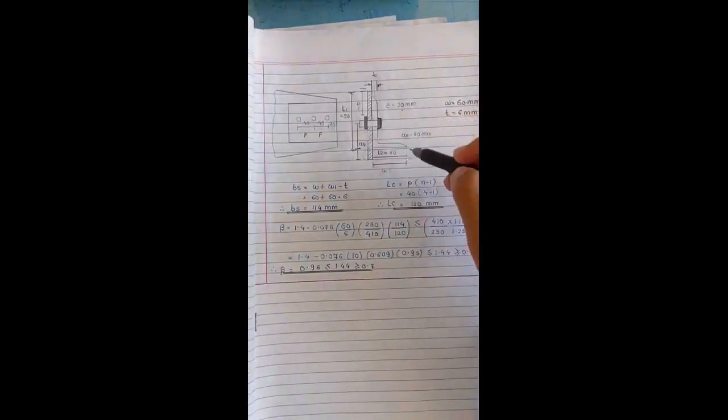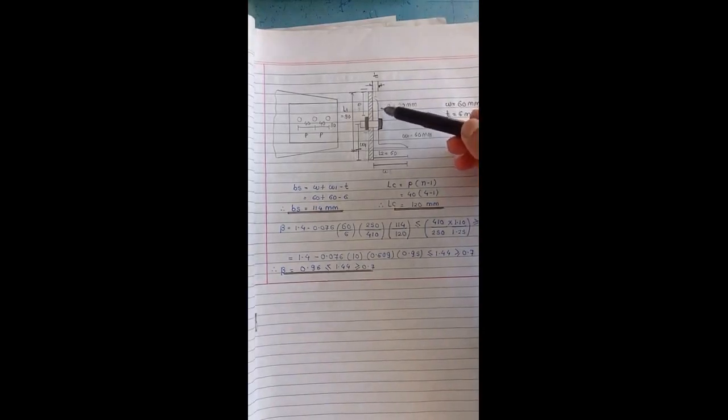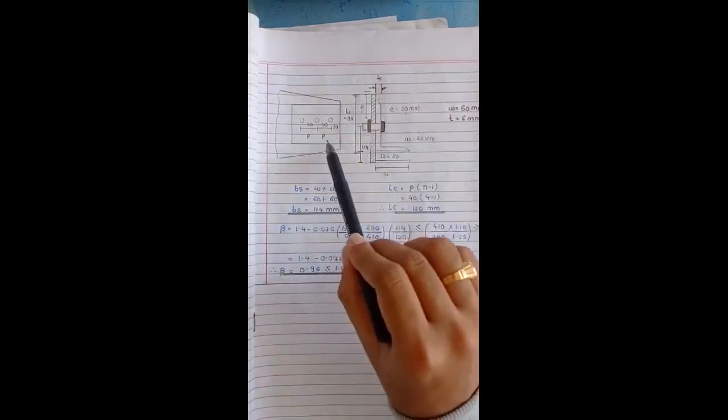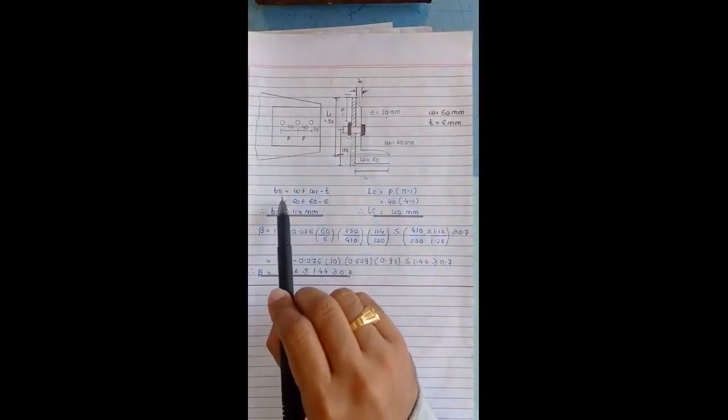So this is the schematic diagram of our angle section, or detailing of the angle section. Angle section 90 by 90 by 6, and the thickness of the angle is 6. Here the longer side, 90, is connected to the gusset plate. Edge distance 30, pitch distance 40. We require the formula for bs.